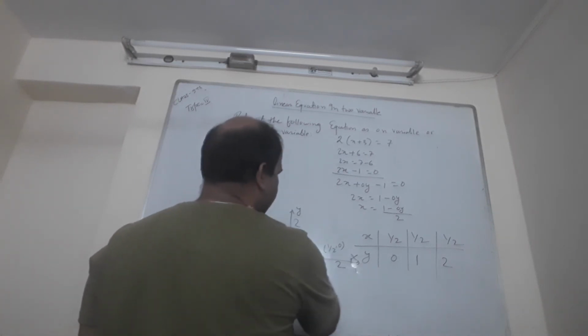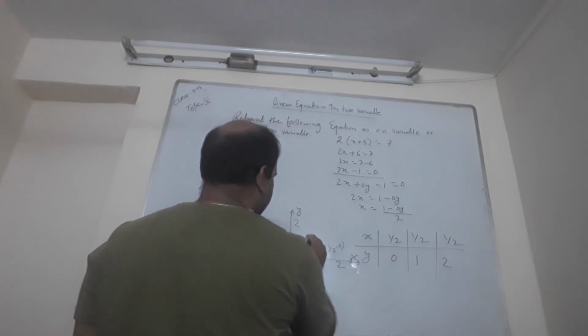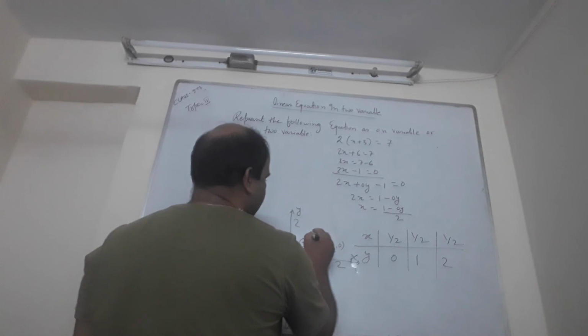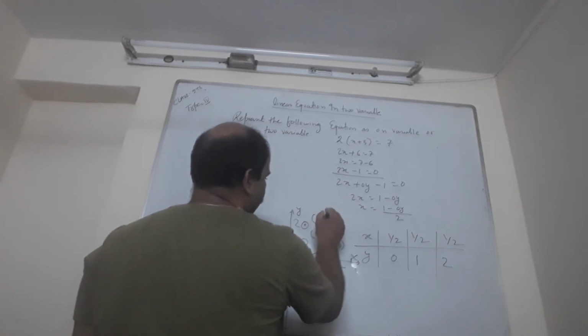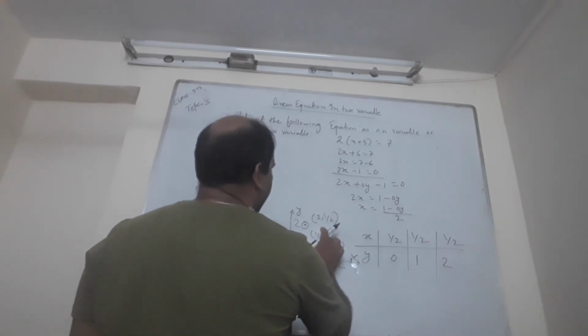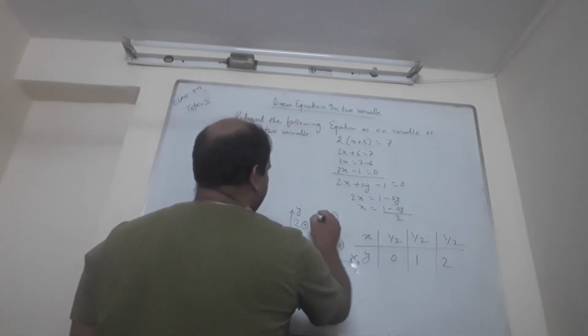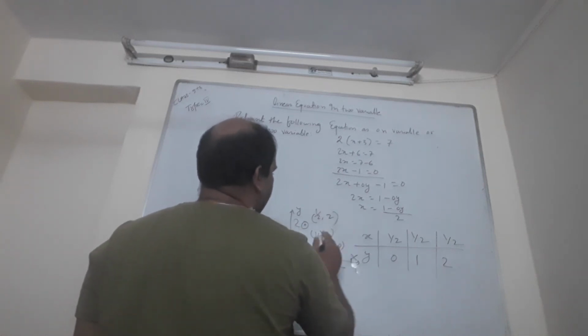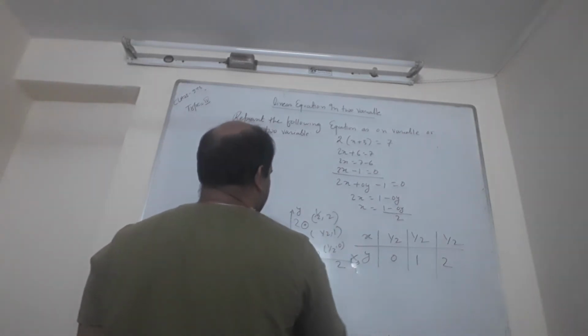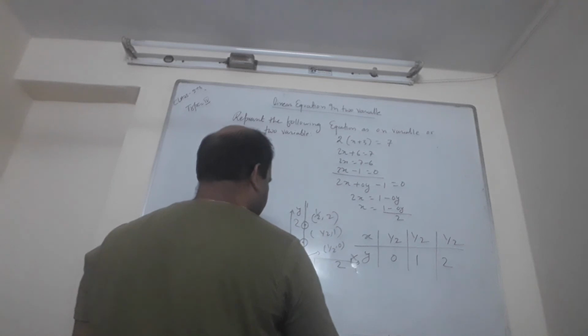When we take y equal to 1, it is again the same 1 by 2, that is the point 1 by 2 and 1. And again for y equal to 2, it is the same, 1 by 2 and 2. Means whatever value we take for y, x stays 1 by 2. And when you join these points, it will give you a line